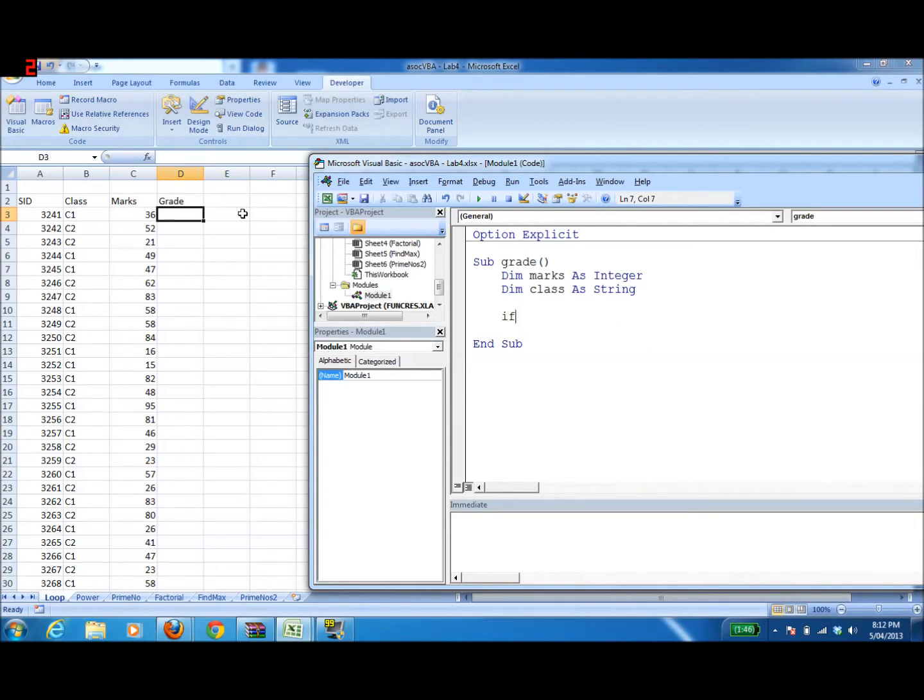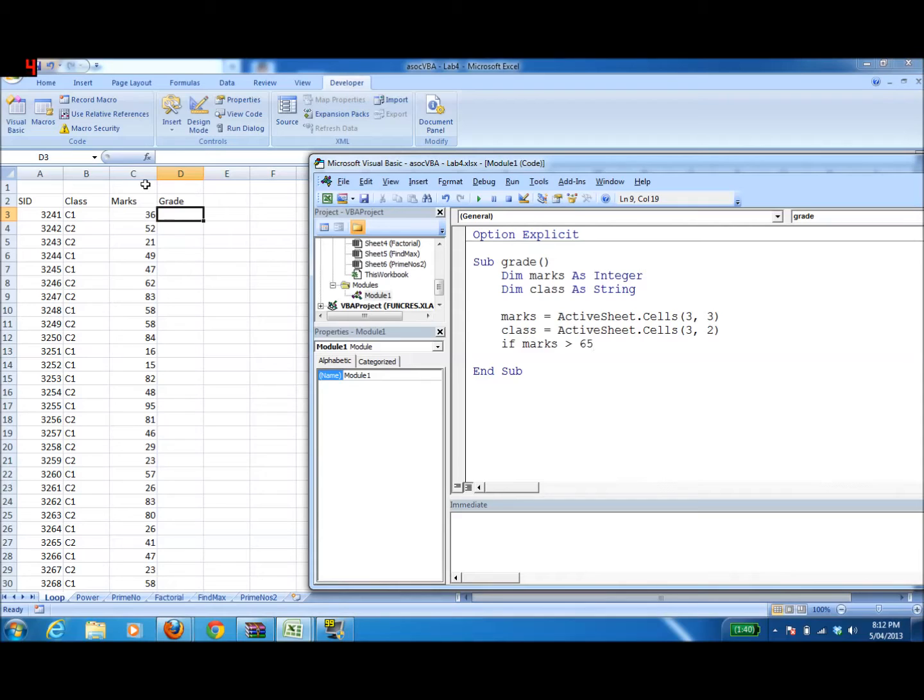We need to initialize first. So marks is equal to ActiveSheet.Cells(3, 3), and class is equal to ActiveSheet.Cells(3, 2). Now we can just say if marks greater than